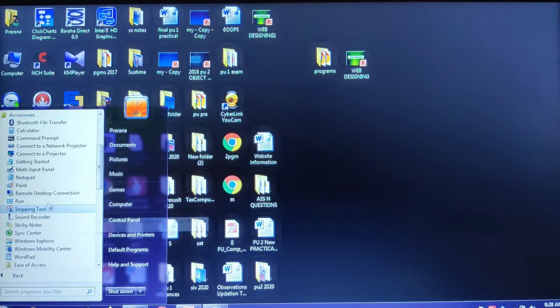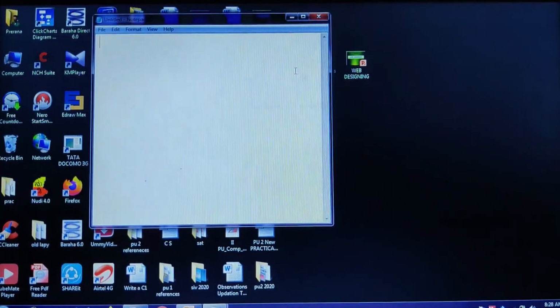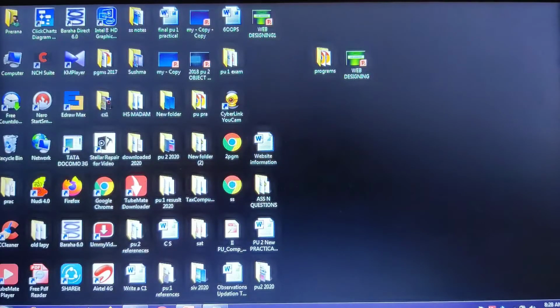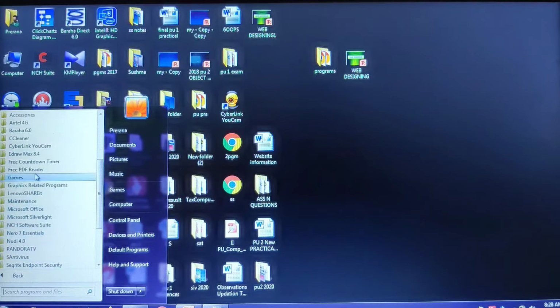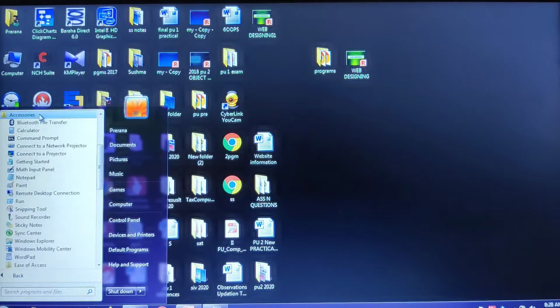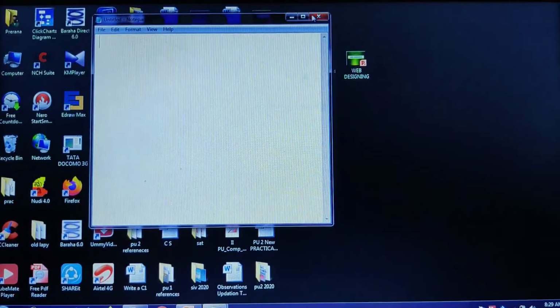Clear? And then search for the notepad here. Here we have a notepad. So we got a new notepad. I'll repeat the steps. Click on the start, click on all programs, click on the accessories here, and then click on the notepad. So you got a new notepad.